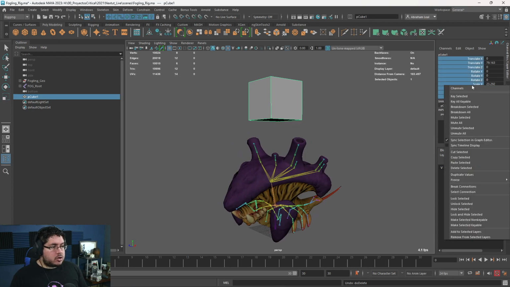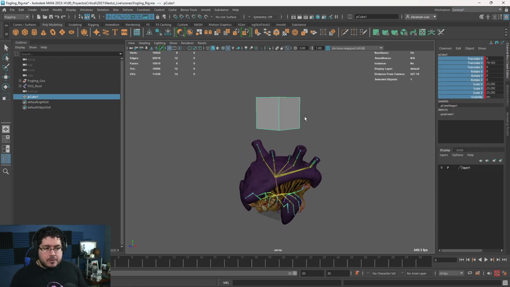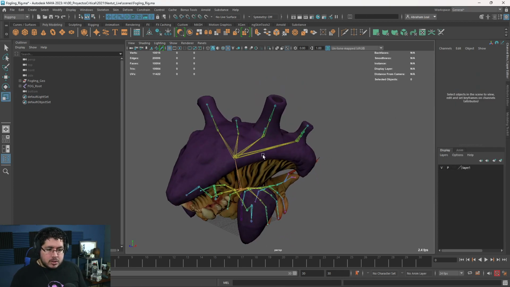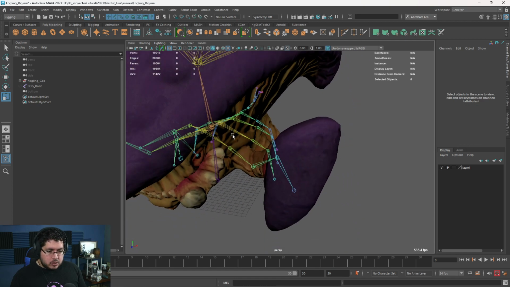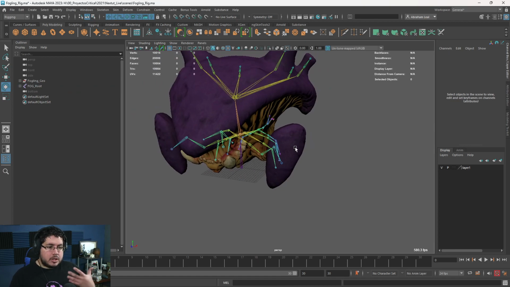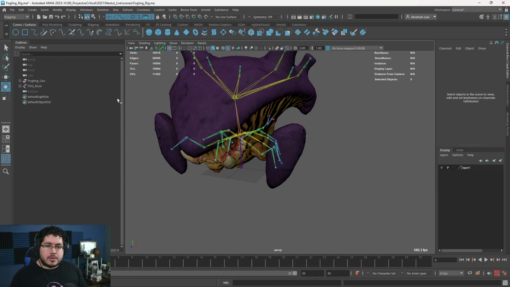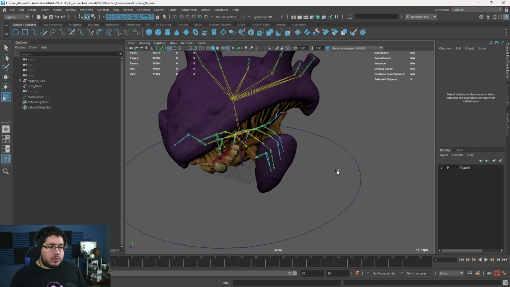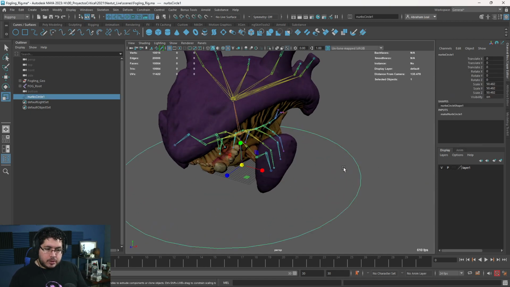But anyway, when you just go here and key select it, you can create a keyframe and then move it around. The problem is joints are difficult to select, especially if you have joints that are really inside of the character. So the way we normally do this is by creating control curves. And there is a process that we use to create these control curves. It's pretty much just going over here to curves and creating a curve. These curves are really cool because they don't show up at render time. You don't export this to the engines, but you can still animate. And whatever you animate on this curve will be transferred to the joint that you want to animate.